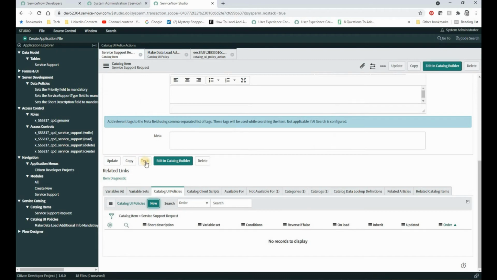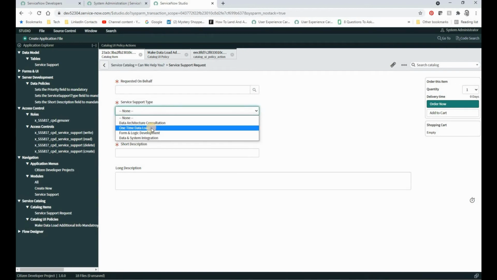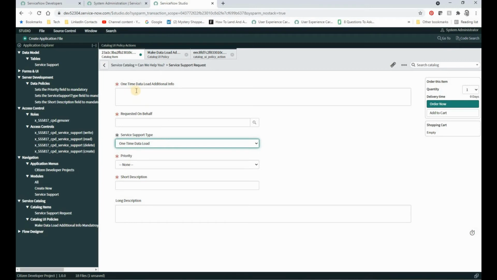Then we'll go back to our catalog item and we'll try that again. What we did is we set up a UI policy so that when one-time data load was selected, it displays the one-time data load additional info. Now we've got that working, but we don't have it in the right place. So let's go ahead and go back to the